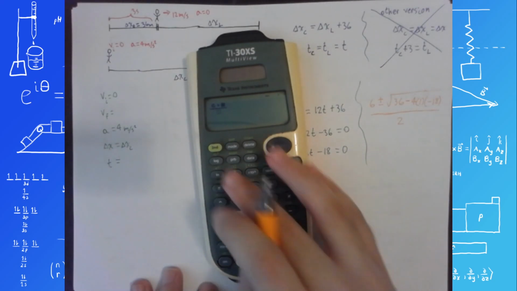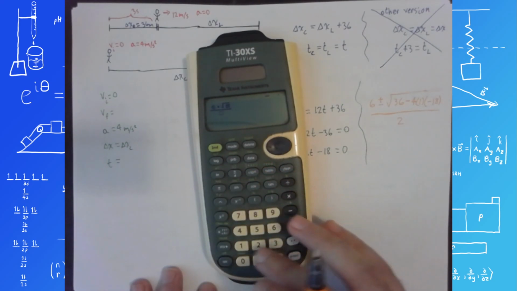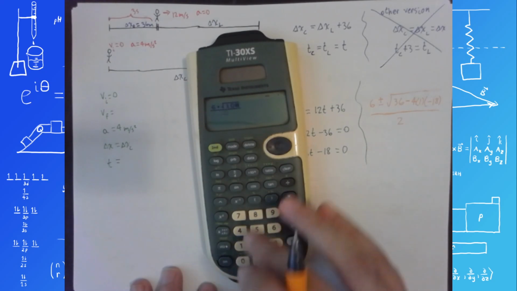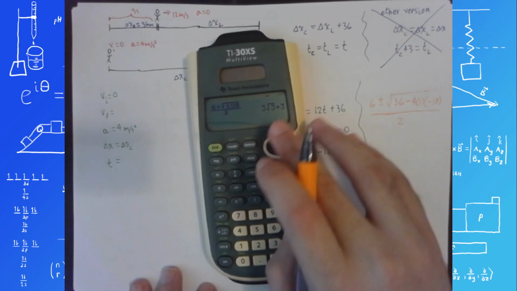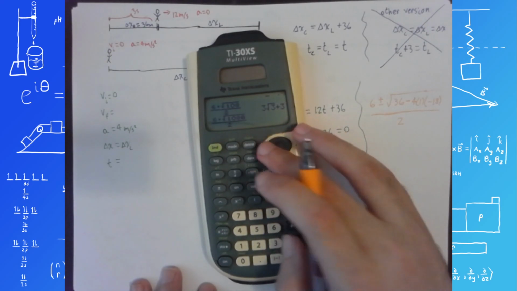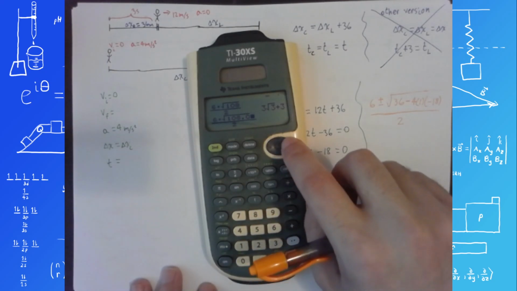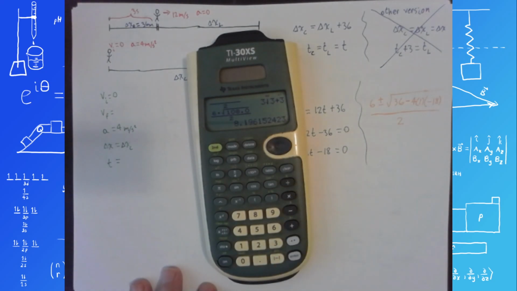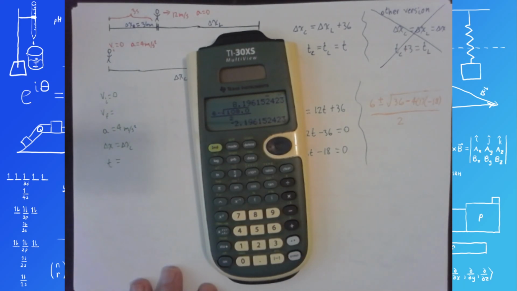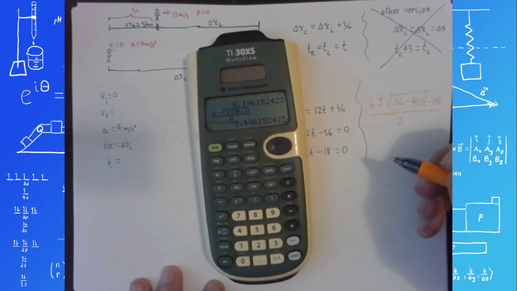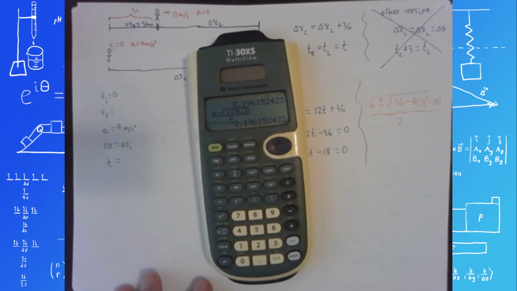6, I'm going to do plus, and then square root 108. I'm confident about the 108, so I don't need to check my math on that. All over 2. Okay, I think what I want to do to make sure that it doesn't write it in that form is write 0.0, and that usually tells the calculator to convert it to a decimal. Yeah, there we go. So that's one potential answer. And then copy it and edit the plus into a minus. And there's your other possible answer. So t is either 8.196, or negative 2.196, which doesn't really make sense in